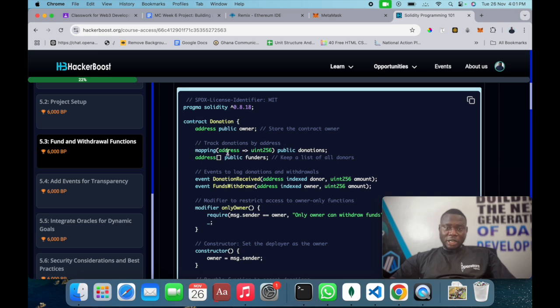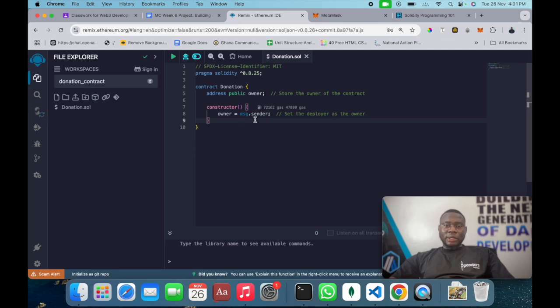Inside this mapping, we have an address to a value. So every address has a particular value in number. That's why it is a uint256, an unsigned integer of 256 bits. So we're going to copy this mapping and bring it to the top